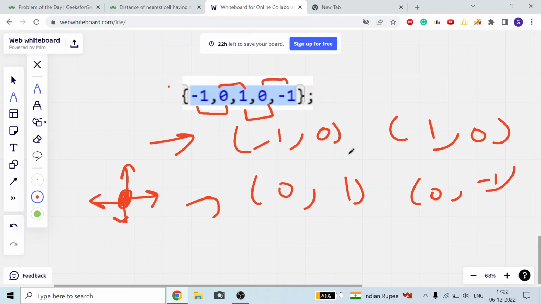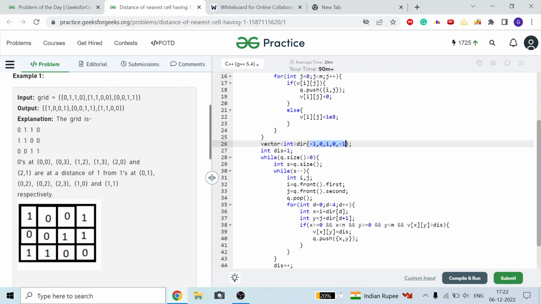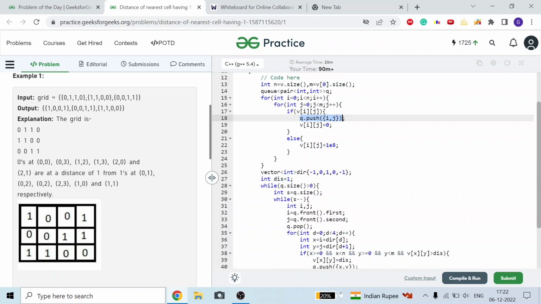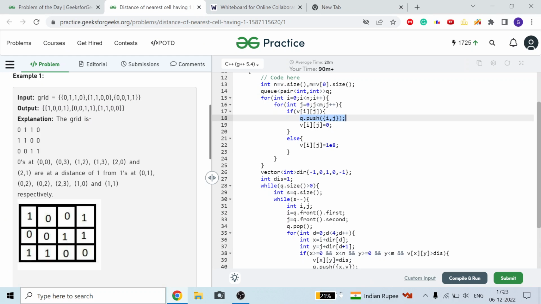Now how do I find the coordinate? I will find at i is x, i plus 1 is y coordinate, which gives me a pair of xy coordinate, like how much distance I need to add. Now I will take distance equal to 1, because I know I put all the zero distance blocks or coordinates in my queue. So if from a zero distance coordinate I am going somewhere, then it will cost me 1. So my initial distance will become 1.